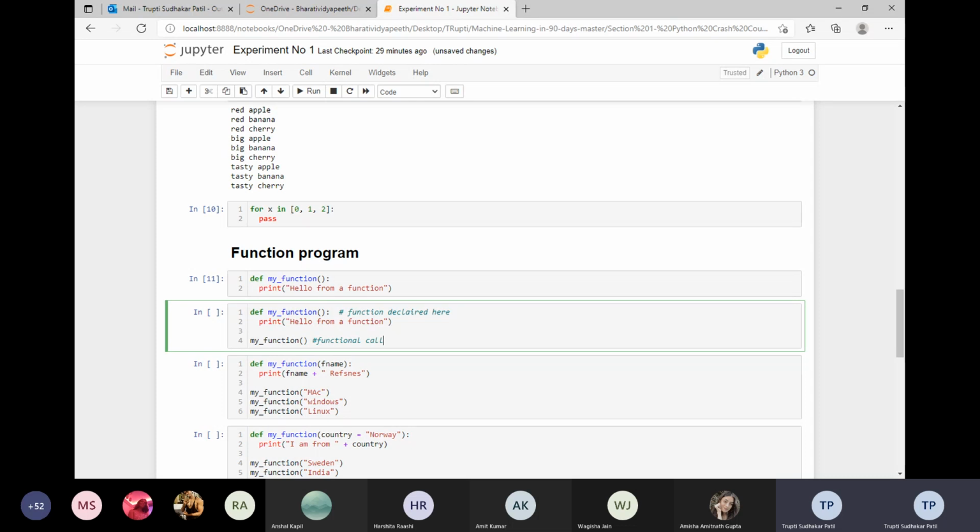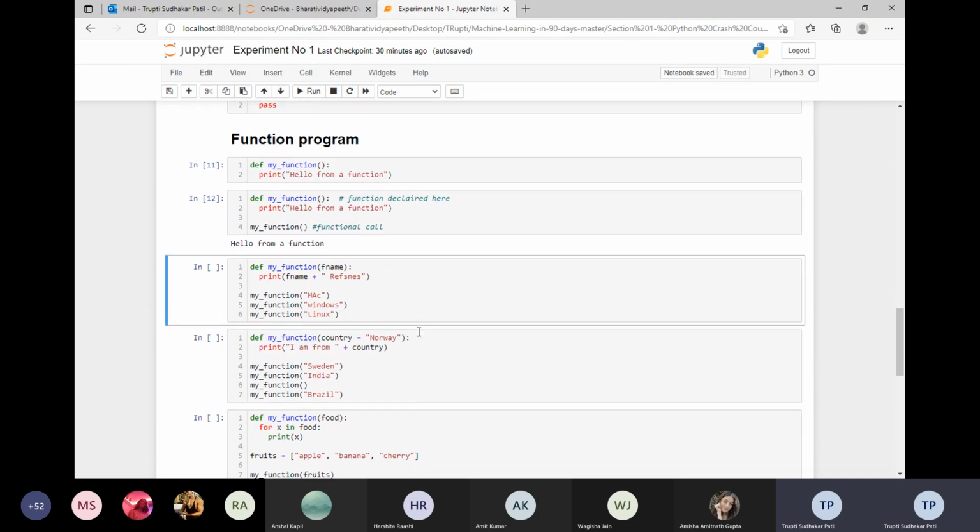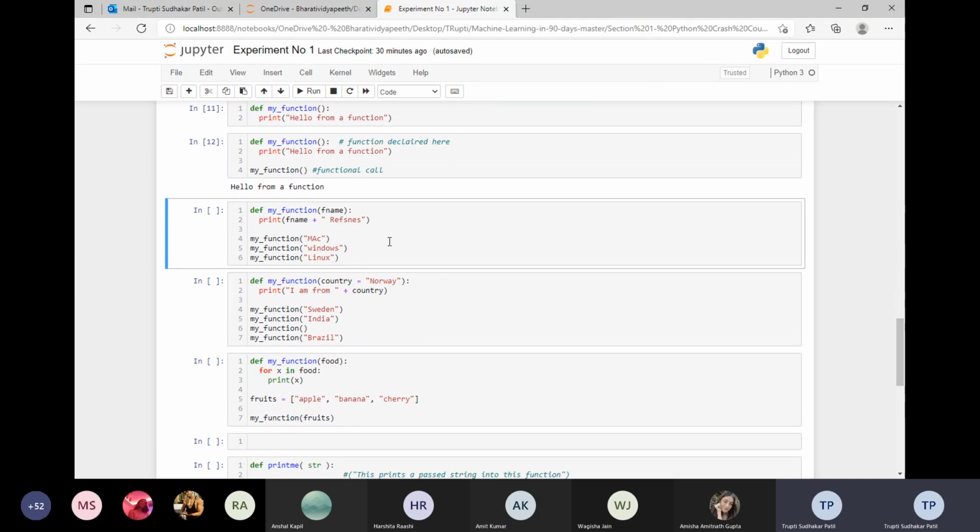So that's why this function call, and in this function you can pass the argument, or sometimes you should write directly into the function, or you should return the value. There are both possible ways in case of functions. Whenever my function call comes, that function call goes to this definition and looks into कि ये function के अंदर क्या लिखा है, so hello from a function. This is the function working.